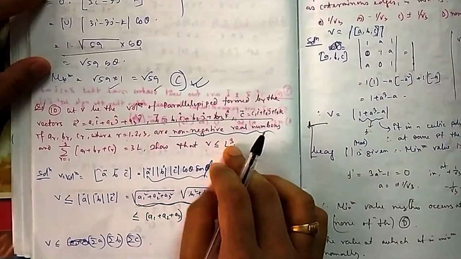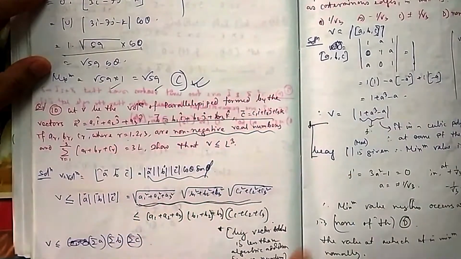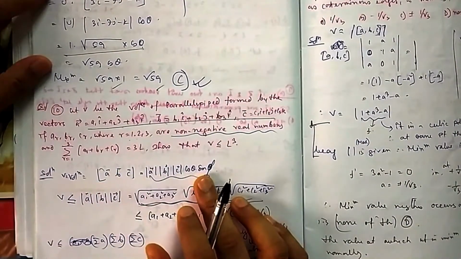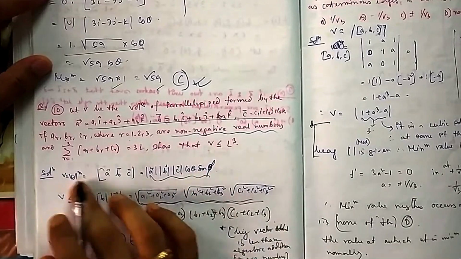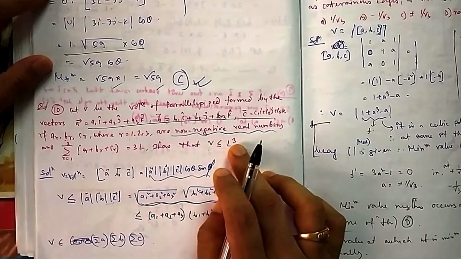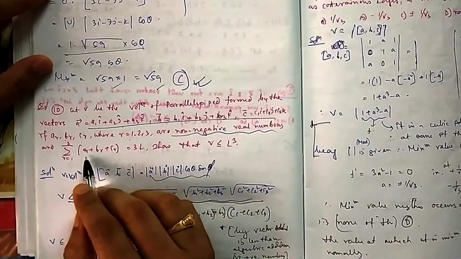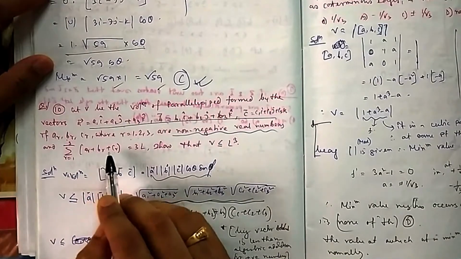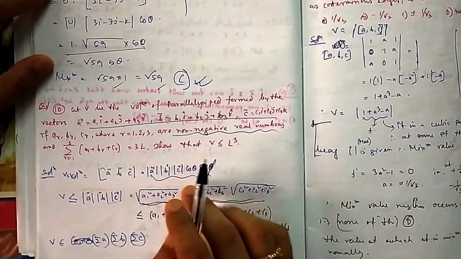So you have to bring some relation between these and these. So you have to be careful. Now what is my volume? Volume is this one, box ABC. So your volume is obviously less than or equal to the magnitude of ABC. Why am I bringing this one? Because I don't need cos theta, because here you can see it is A1, A2, A3, B1, B2, B3, C1, C2, C3. So no cos sign is required.